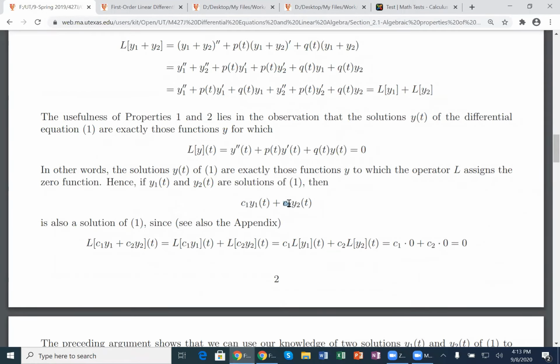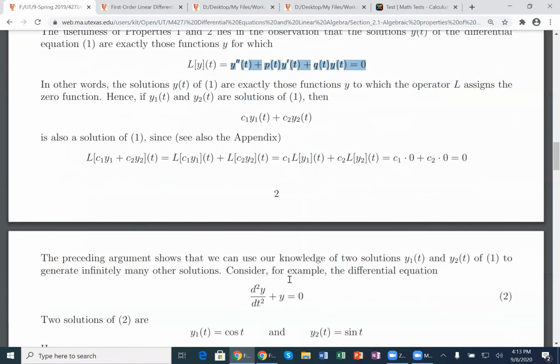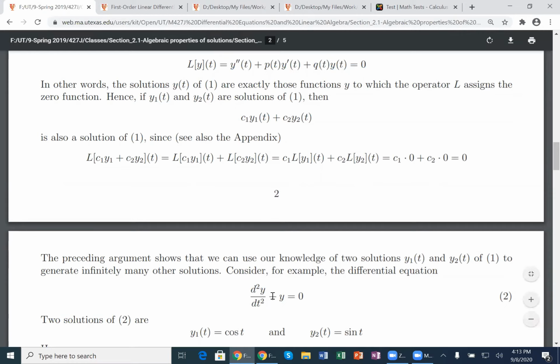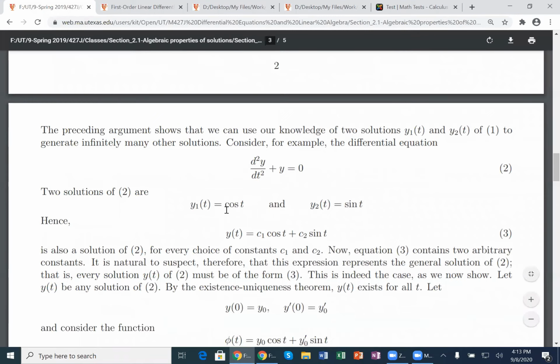Thank you. All right, here's what we do next. Let us consider a particular case of this equation, namely this one. In our case, there is no y prime, meaning p of t is 0. And here we have just y, meaning q of t is 1. One can check that cosine is a particular solution of this equation. Well, just plug in